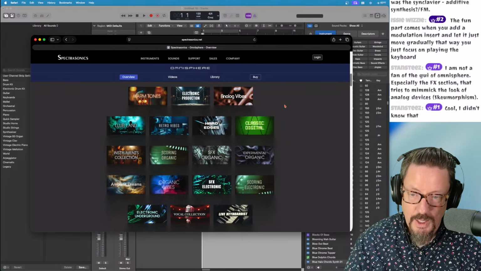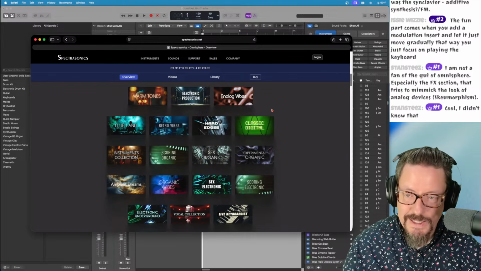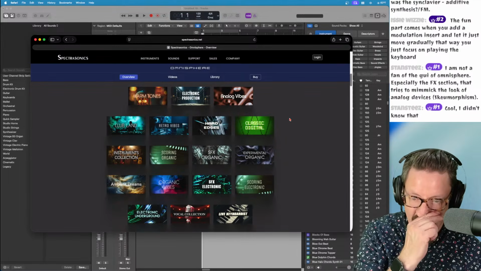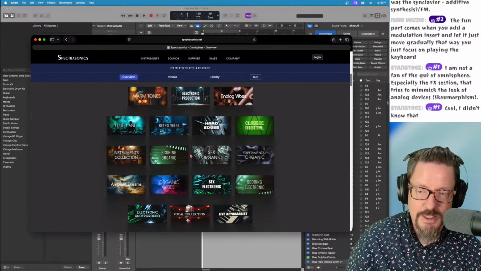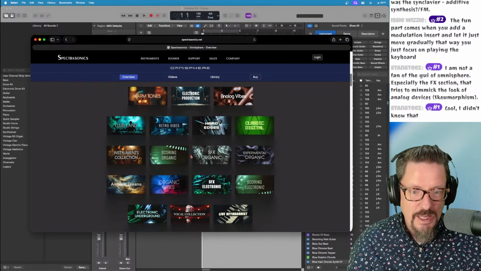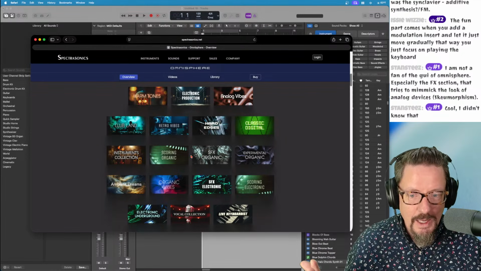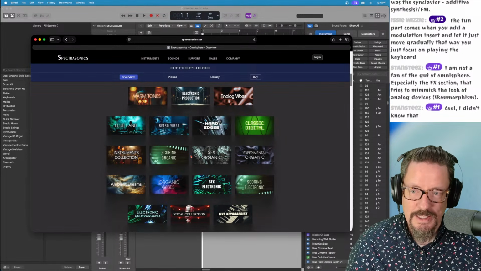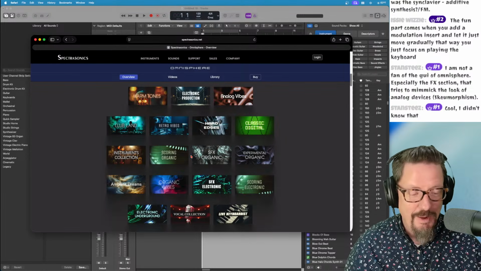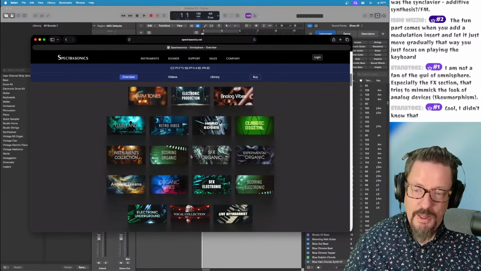They're not bringing enough synthesis tools to the table to make it stand out. There are synthesizers out there which blow my mind and have changed how I've thought about synthesis, and Omnisphere is not one of them, to be clear.